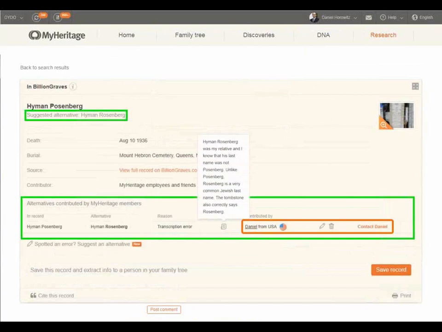And if somebody wants to even tell me something about him, or we are related in some way, they already have right there a way to contact me and say, hey, Daniel, this is also my relative. If it's your relative, we must be related. Let's exchange information. Now, this is very easy to do when, in this case of a tombstone, for example,